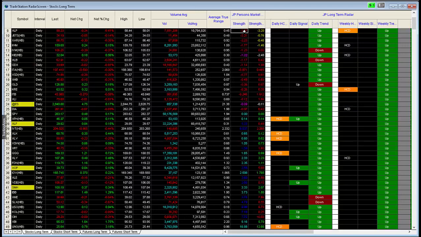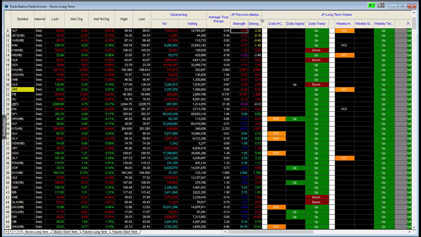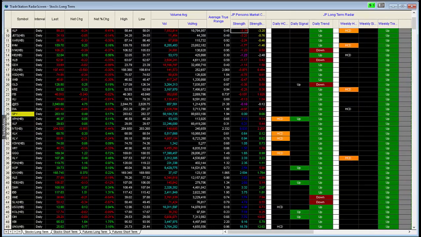For those who have been to mentoring or have the VIP package, you have the Persons Market Catcher. If I expand the little window here, you can see where it says Persons Market Catcher. What does this represent? Quite frankly, the red signifies that this particular product, which is consumer staples, is lagging behind the performance of the S&P 500, and since the moving average is yellow, it means it is moving down and has been moving down. The moving average being yellow means this did not just turn negative; it's been negative.